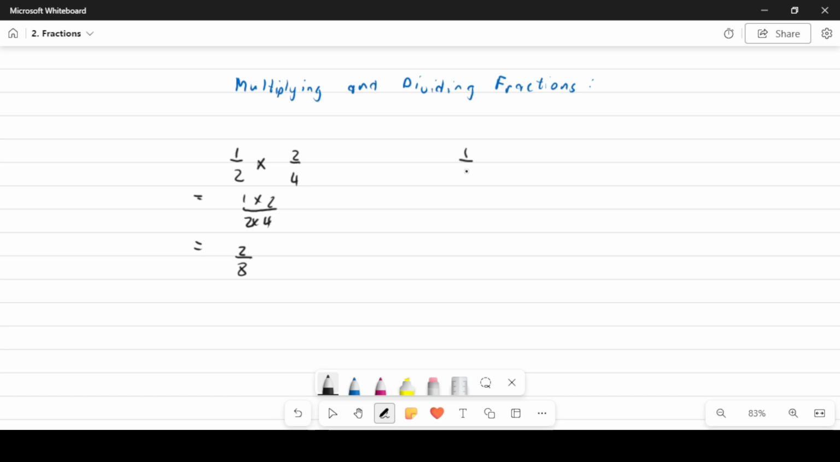When you are dividing fractions, this is what you do. So let's say I have 1 over 2 divided by 2 over 4. Very, very simple. You take the first fraction, you change the division sign to a multiplication sign, and your second fraction, you swap the numerator and the denominator. So you get 4 over 2. And now what can you do? You apply the rules that we've learned for multiplying fractions. So it'll be 1 times 4 over 2 times 2, which gives you 4 over 4, which is equal to